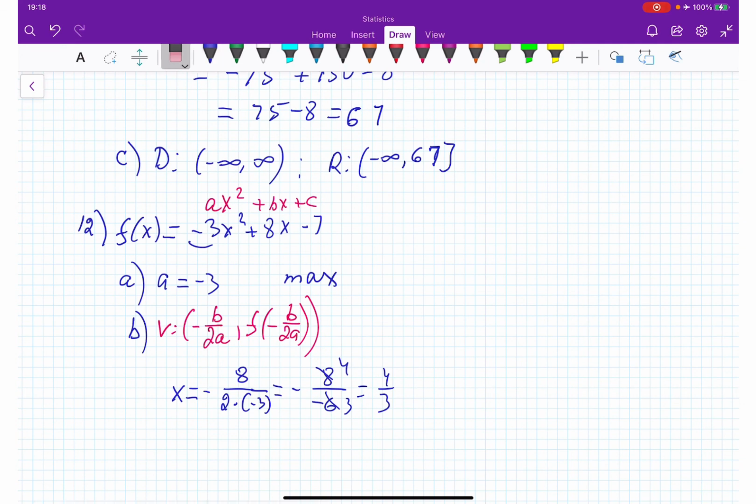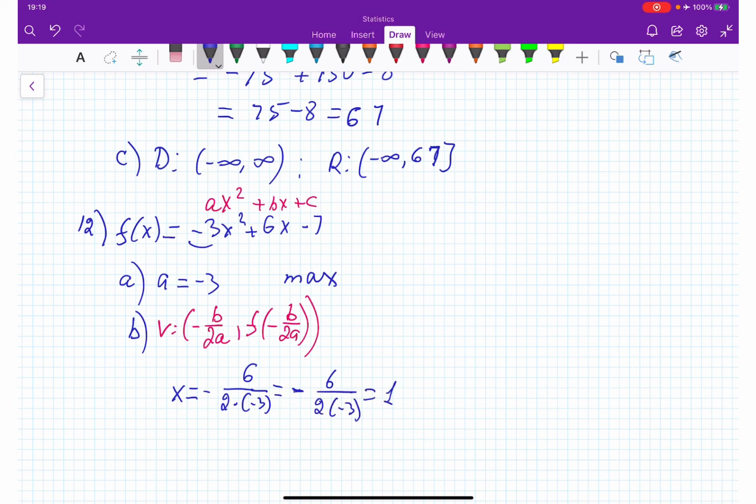So here it's supposed to be 6, I'm sorry. Okay, yeah, because it's not our focus now to make it complicated. My focus is to make you understand and not to make you work with fractions right now. So if it's 6, here we are going to have negative 6 over 2 times negative 3,